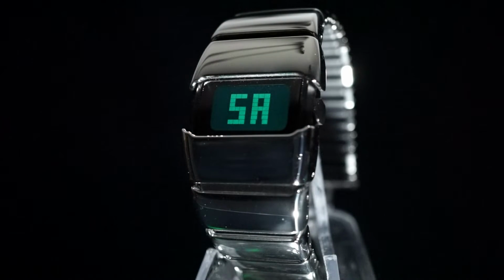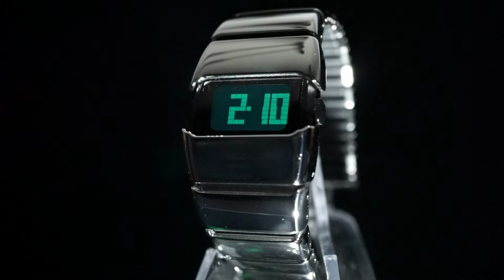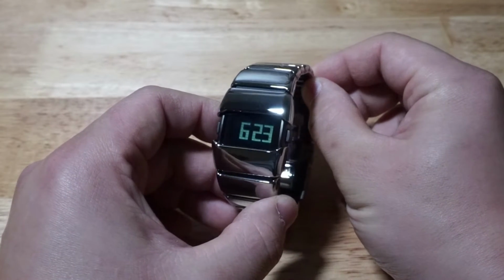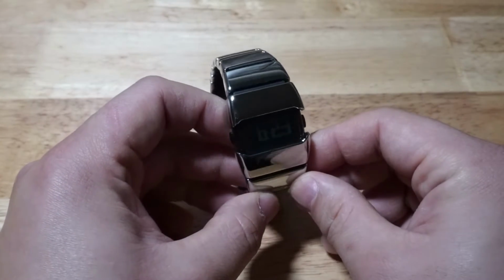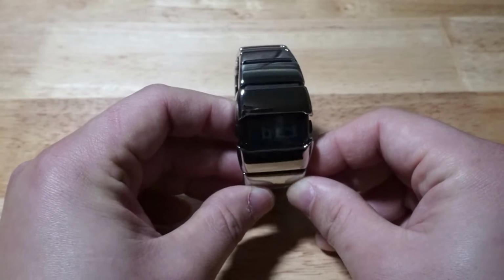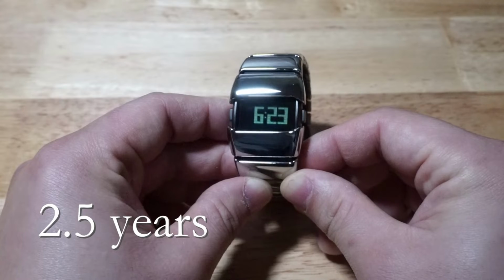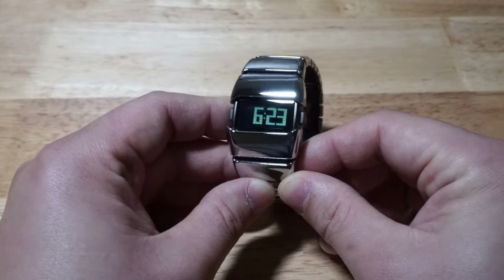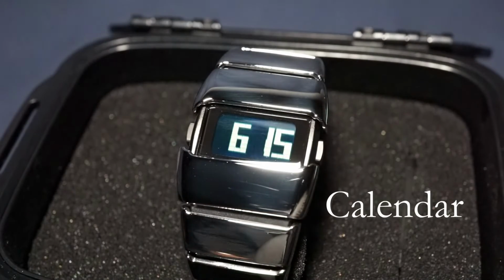Here's how the backlight looks. The light turns on anytime you depress a pusher, which can either be a good thing or a bad thing depending on how you look at it. Personally, I would have preferred a separate backlight pusher so I'm not unnecessarily burning through the battery. Speaking of battery life, it should last around 2.5 years based on using the backlight and each of the features once per day. Those features being the calendar,